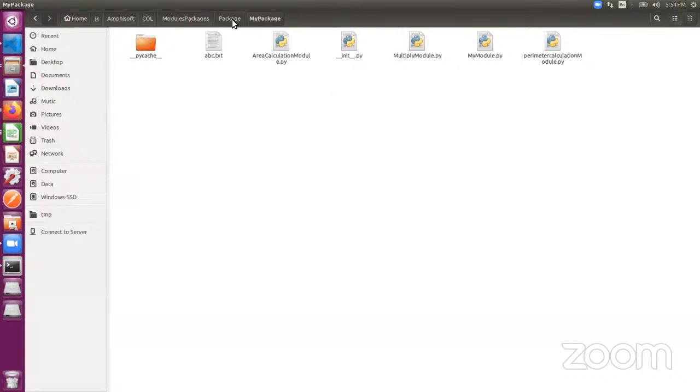So once again, I'll explain the folder structure. This package is with the main program. Along with the main program, I have my package. And I told you that I'm going to explain about a package inside a package, right? So now what I would do is, a package is nothing but a folder, right? So I'll create a new folder and name it